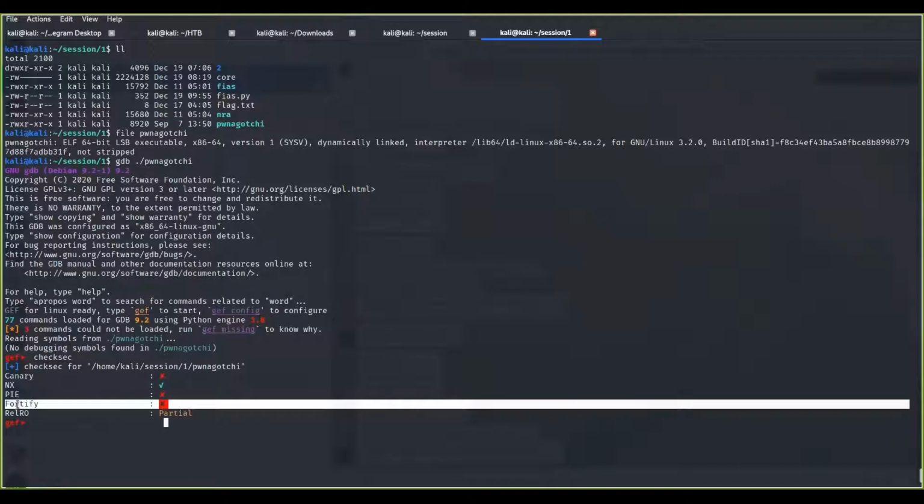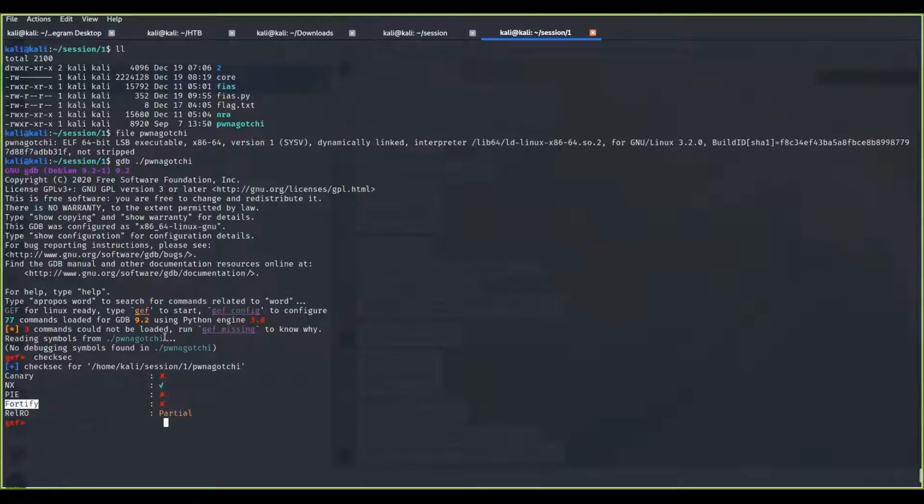This FORTIFY is just replacing some dangerous functions with an equivalent, like replacing printf with puts, something like that. This one, RELRO, if it's full, it means we cannot overwrite the global offset table. If it's partial, it means we can overwrite. If it's full and we have a format string vulnerability, we cannot exploit it because we need to overwrite the